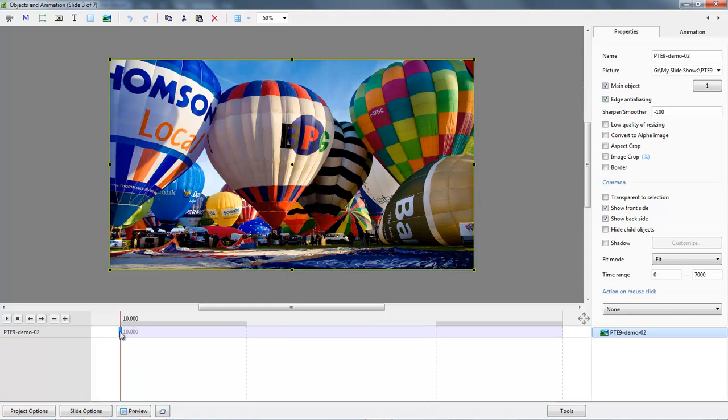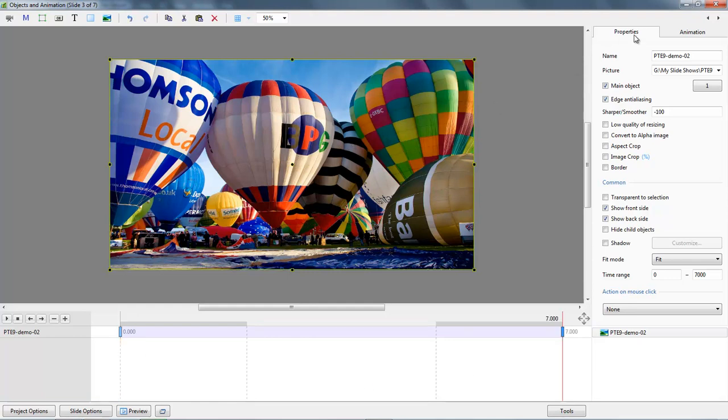What I'd like to do is to measure every single image between 0 and whatever slide time I decide to give the image. And the way we do that is with the Tools button just below right. When we look into the tools here, we can see that by default we're showing the global times of keyframes, which is what I was explaining a few moments ago. So we're recording the time from the very first start of our slideshow. If we untick this, then now the keyframes reflect the 7 seconds that we can see on the front of